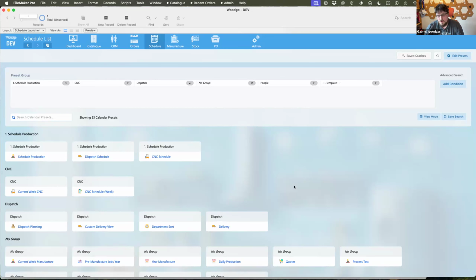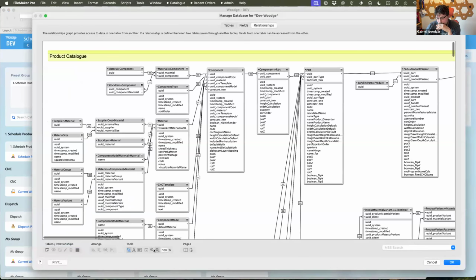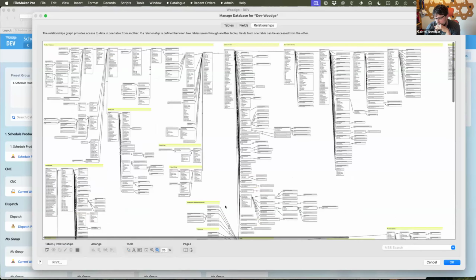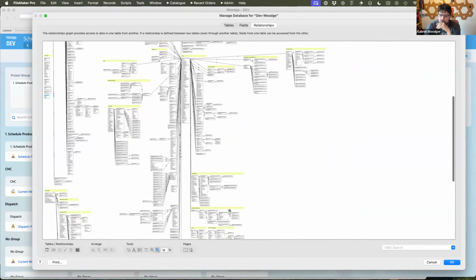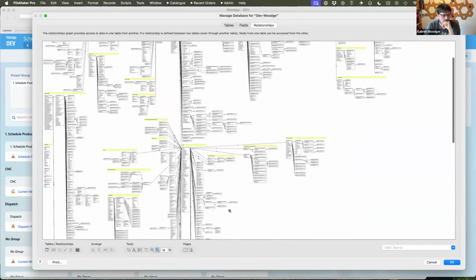Like in FileMaker, to have a database that has, I don't know, quite a lot of this is going to make people cry, quite a lot of table occurrences in here of this level of complexity. To try and build and maintain that in a flat database structure app, I don't know if it would be possible, but I think you'd need a very big team to be able to do that.